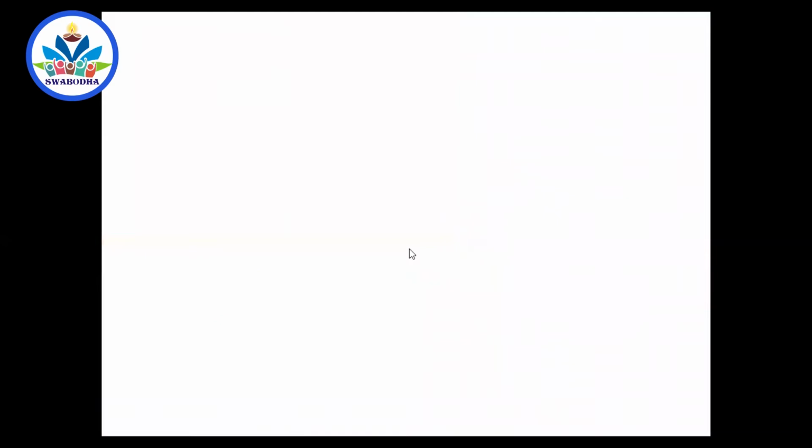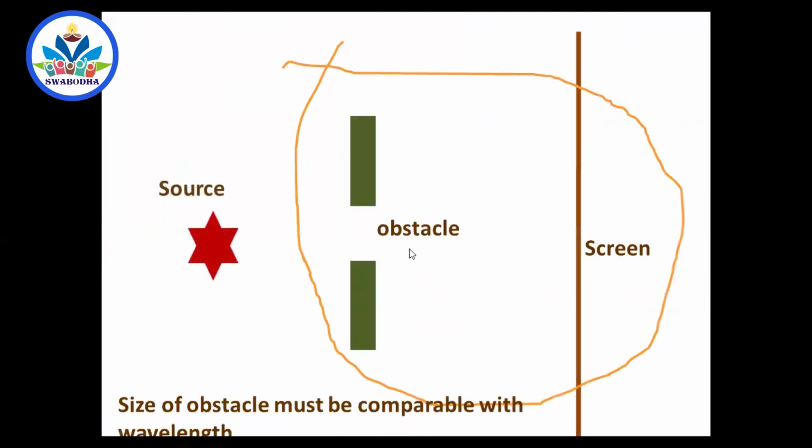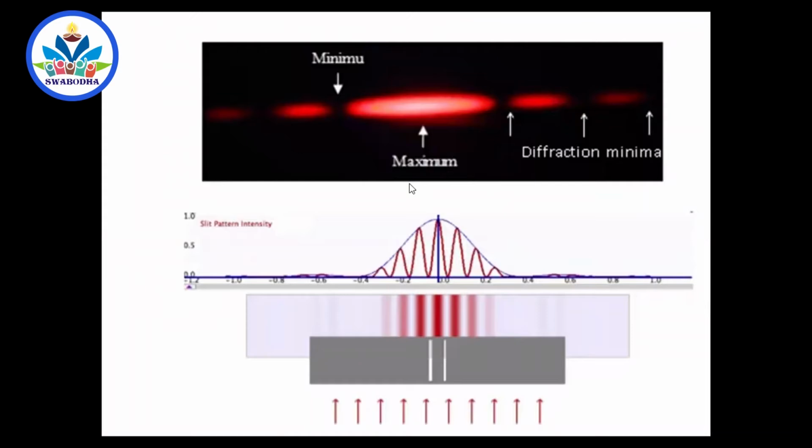You can see this in many ways, and in the previous class also. I already explained that for the formation of diffraction, you need a source, an obstacle, and a screen, right? These are the three essential parts. Once the ray undergoes diffraction bending, it forms multiple images. It doesn't form a single shadow. It forms multiple shadows side by side.